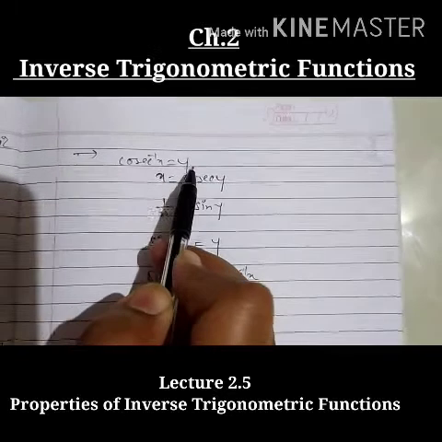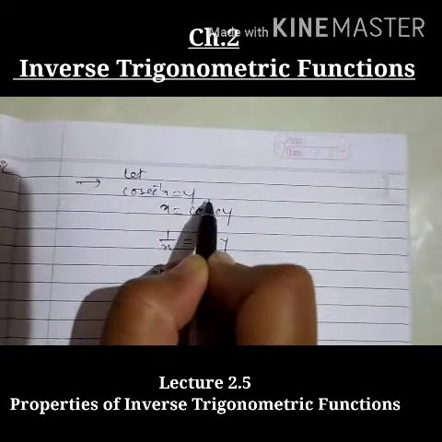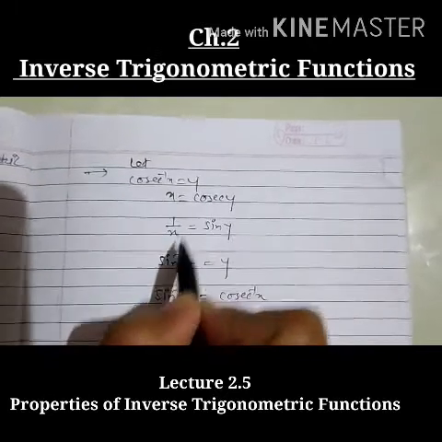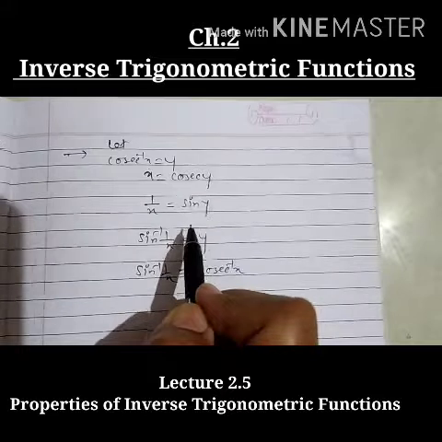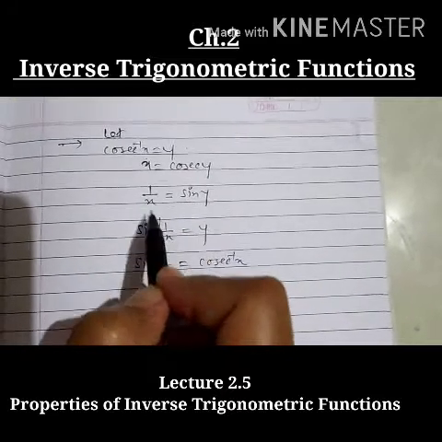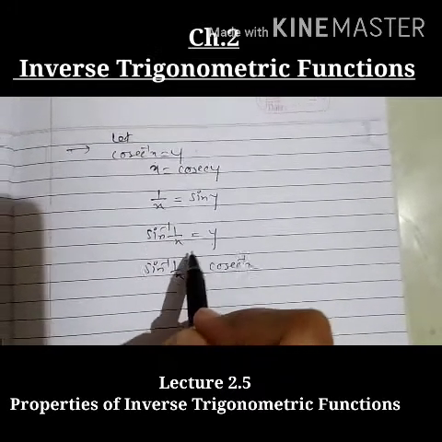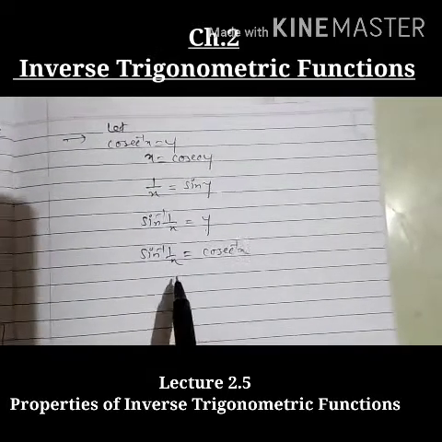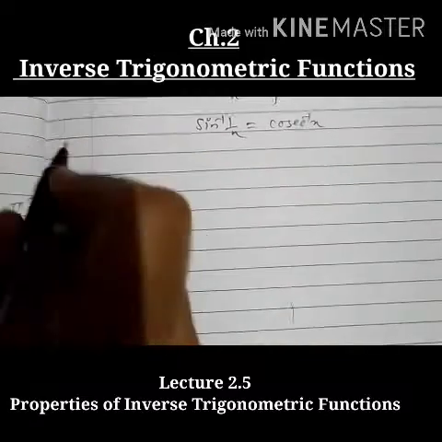See what we have taken for proving the first one. Let cosec inverse of x be y. So x will be cosec of y. Taking the reciprocal, 1 by x is nothing but sine of y. So we'll take sine inverse again. Sine inverse of 1 upon x will be y. Same definition we have used. And what is y? Cosec inverse x. Getting? So similarly we can prove the remaining 2 also. Understood? Now the second part.